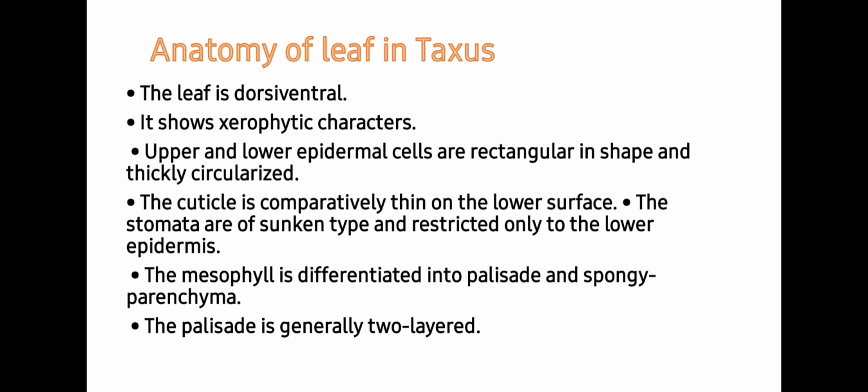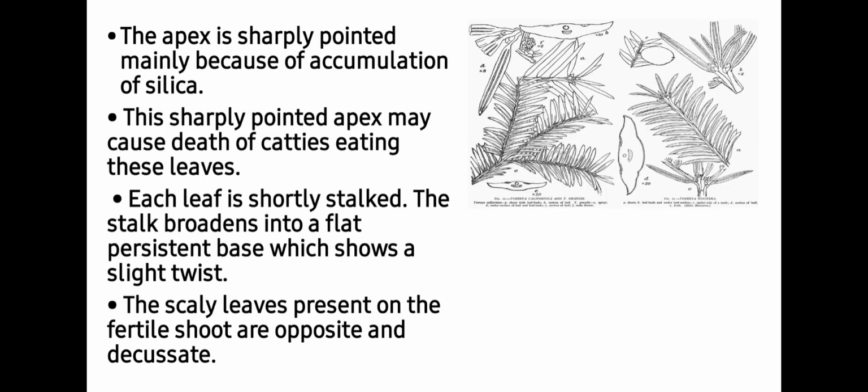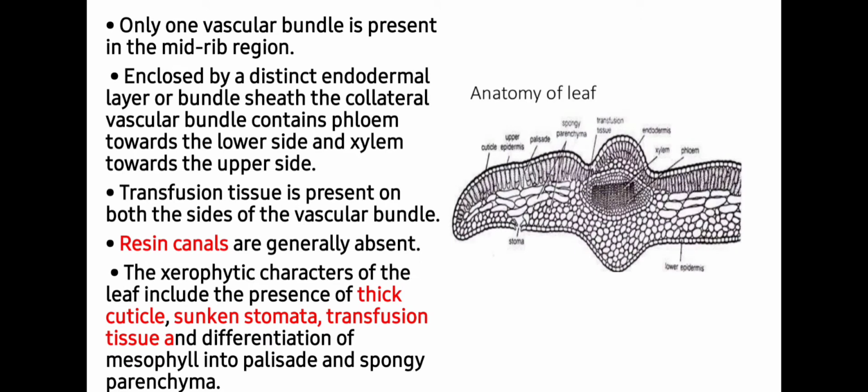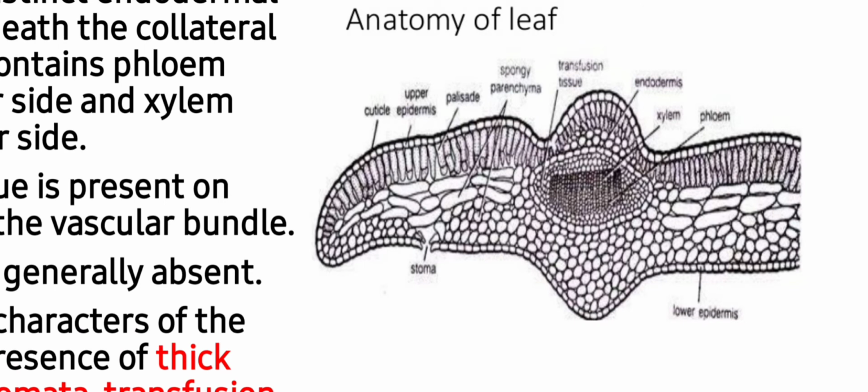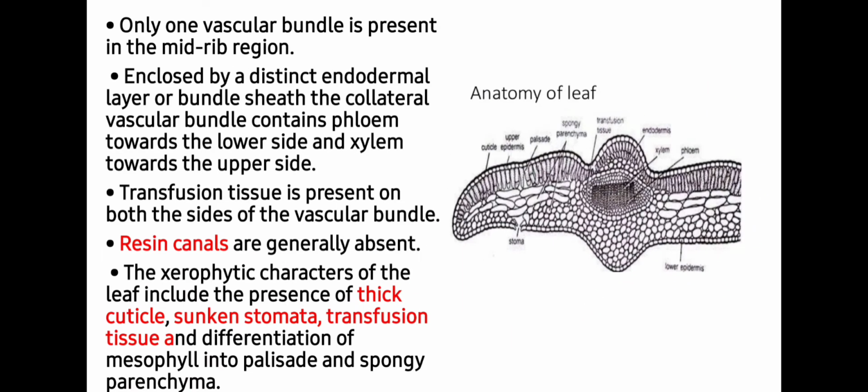Next is anatomy in Taxus. Leaf in Taxus is dorsiventral and again it shows xerophytic condition. But unlike Pinus, you will find a single vascular bundle in case of Taxus, and it is surrounded by the transfusion tissue. Transfusion tissue is present on both sides of the vascular bundle,